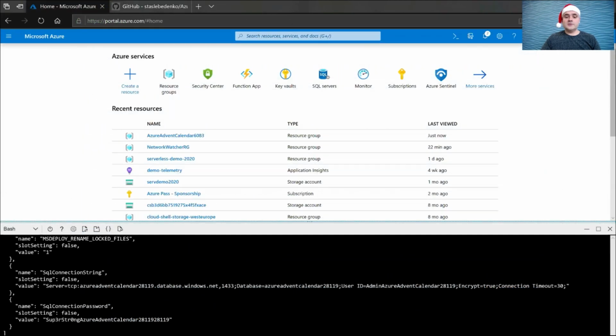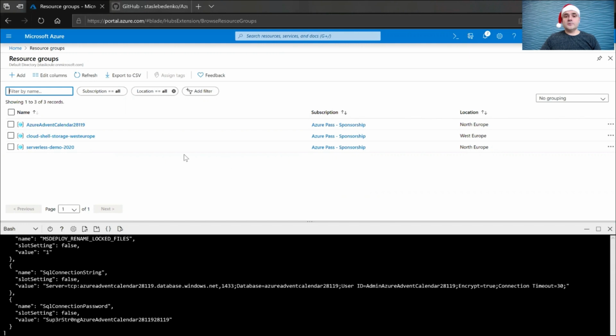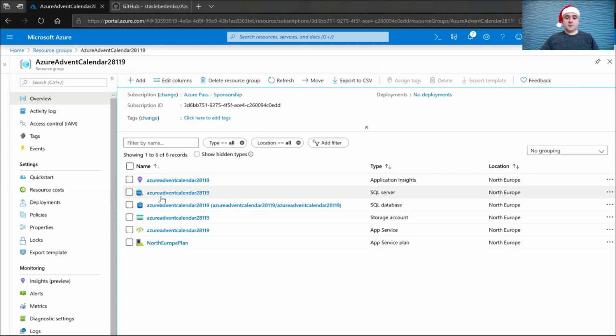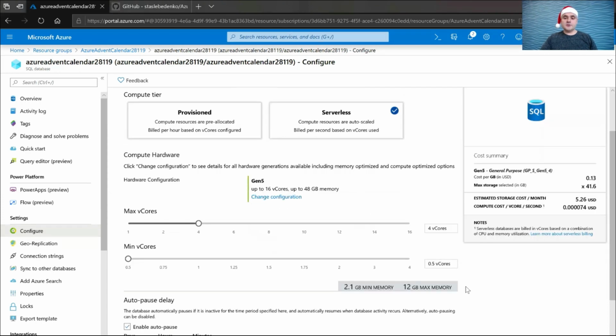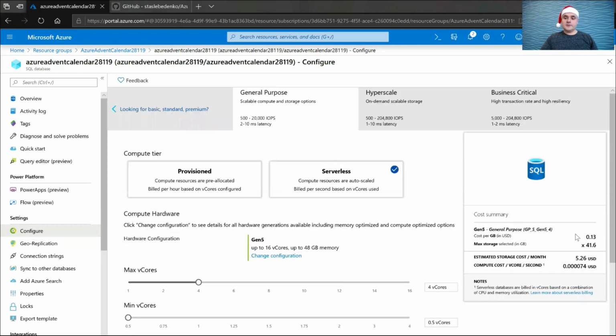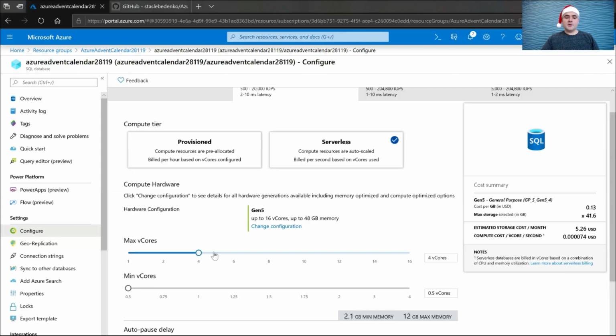And now, as you can see, Azure Client has already executed, and we can see a new resource group, Azure Advanced Calendar. And so we can select our database. And then we can open the configuration of the database and see what we got as a result of the Azure Client script. So the first thing is the preliminary summary of the cost per storage and execution time. We can adjust our configuration right here, set maximum vCores up to 16, but from my perspective 4 is